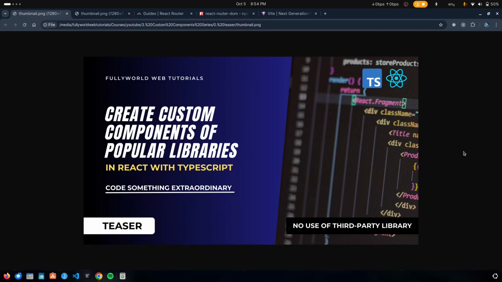This means that, for example, you are learning many frameworks and libraries for React, but have you ever wondered how these libraries and frameworks are getting created? So we are going to learn how to create these popular library components in React from scratch without using any third-party library. First of all, we will have four subseries